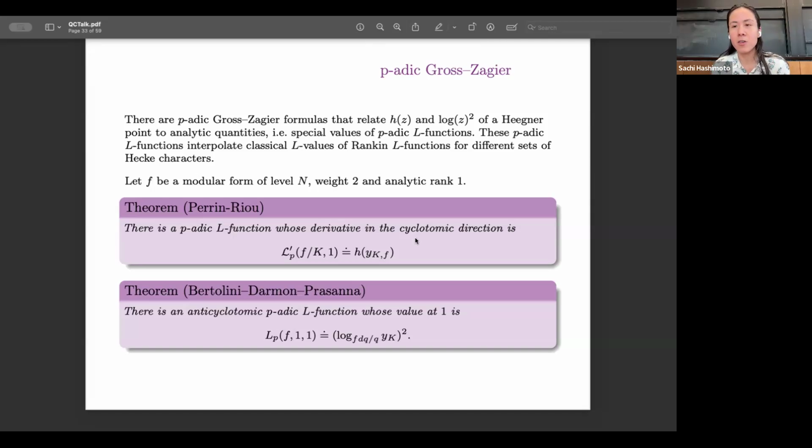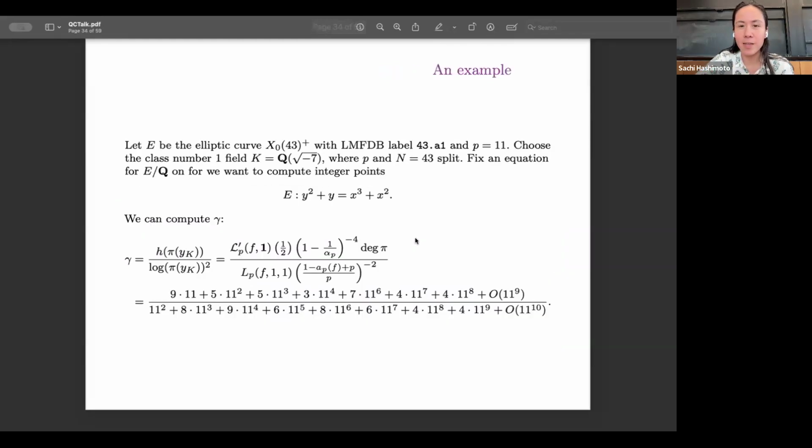And since you just saw these quantities appearing in quadratic Chabauty, you see that it's promising to try to string these together and make them work into a Chabauty formula in general. So I guess I wanted to do a quick example, to show that this does work in practice.